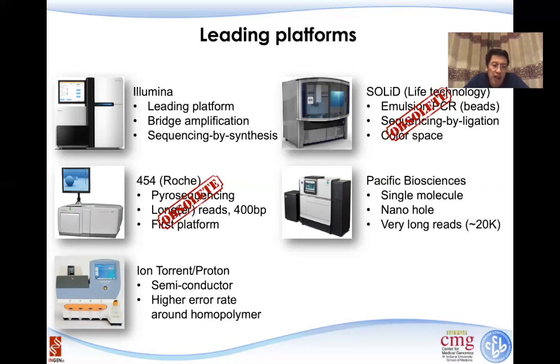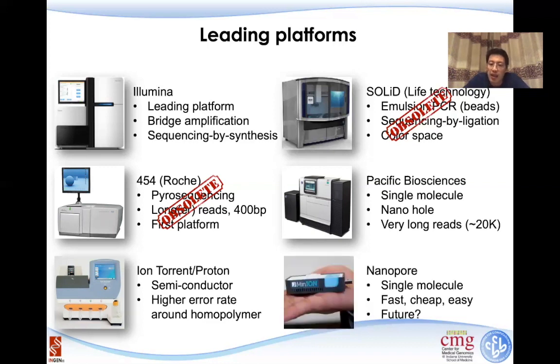They are semiconductor-based technology, and they do have a little bit higher error rates, especially around the homopolymer regions. But this is a very interesting technology that we sometimes use as an orthogonal validation platform for Illumina data. The last one is the nanopore technology,